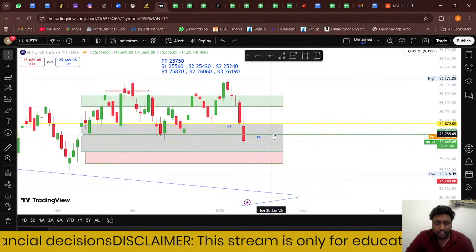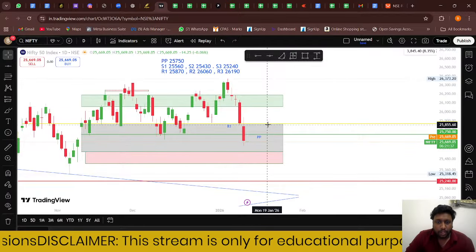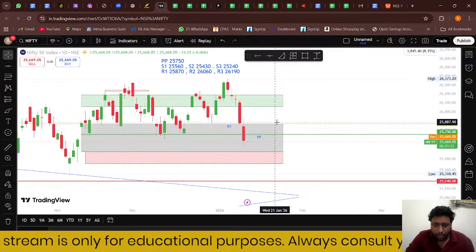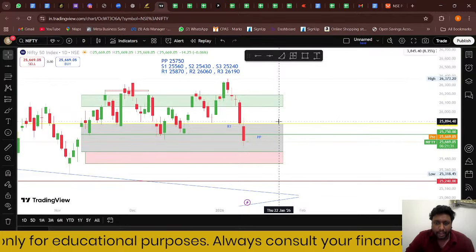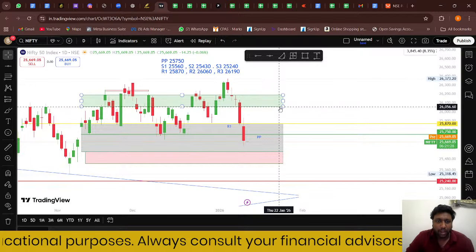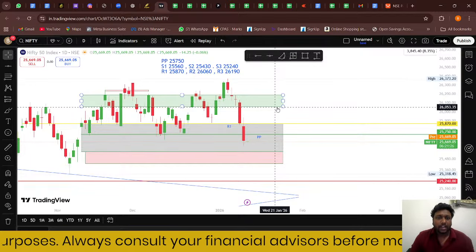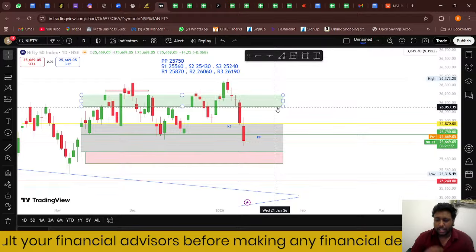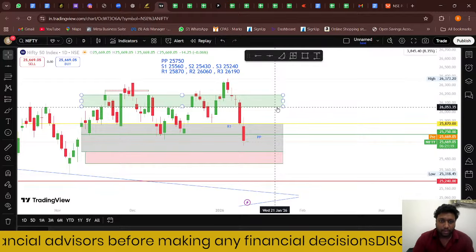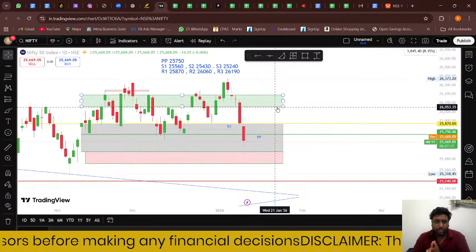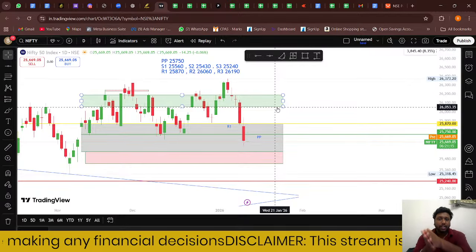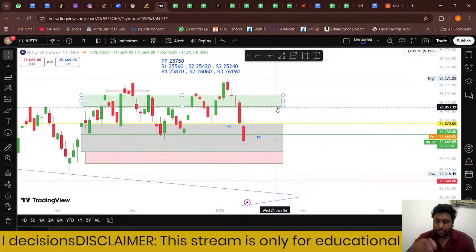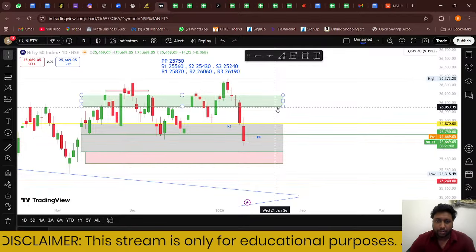So it is said that when it crosses above resistance one, we will get a pullback to this level, and we can take a retest, then we can trade up to R2. When it reaches R2, it is considered a rejection zone. Usually when it reaches the R2 level, it gets a rejection, and even if it crosses above the R2 level, then R3 can be traded up to. We can trail ourselves and wait for R3 to happen.